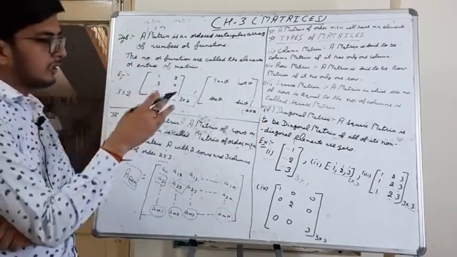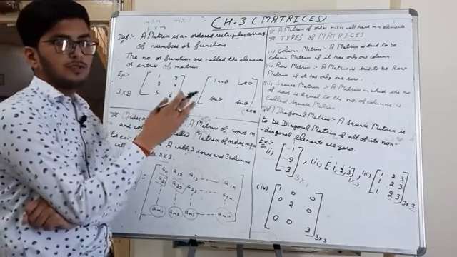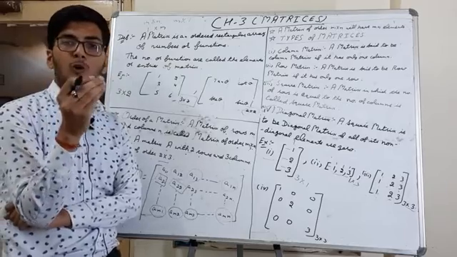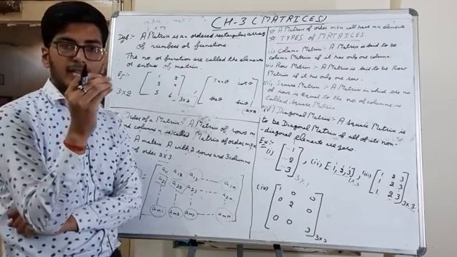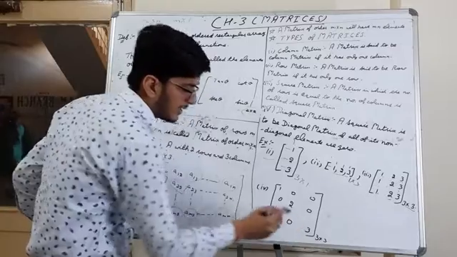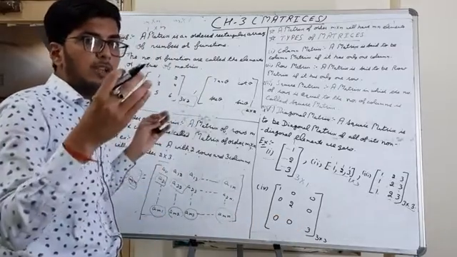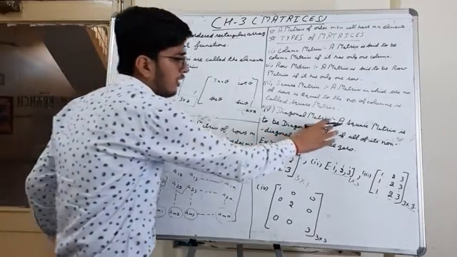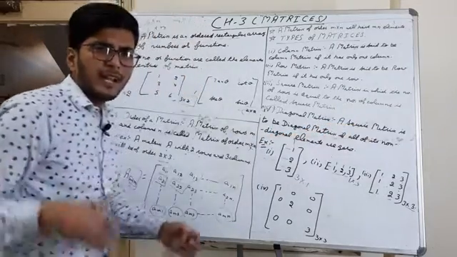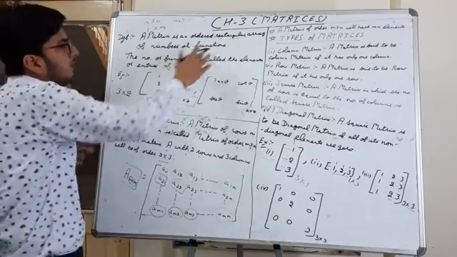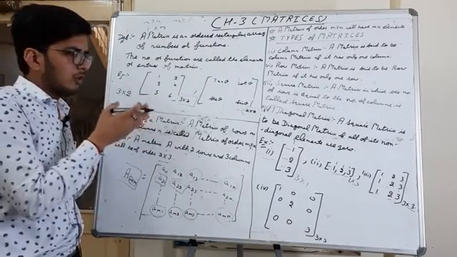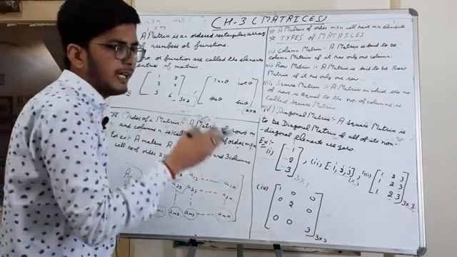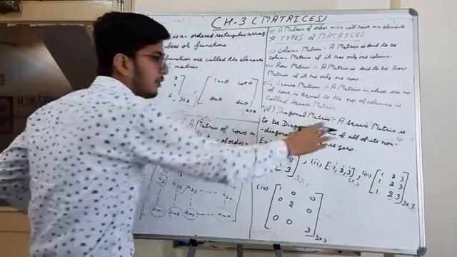Now coming to the fourth. The fourth type is diagonal matrix. A square matrix is said to be a diagonal matrix if all the non-diagonal elements, meaning diagonal elements are not included, must be 0, right? And first of all, it must be a square matrix. Why must it be a square matrix? If it is rectangular, then what will be the case? Because in a rectangular matrix, we can't define a proper diagonal, right? In a square only we can